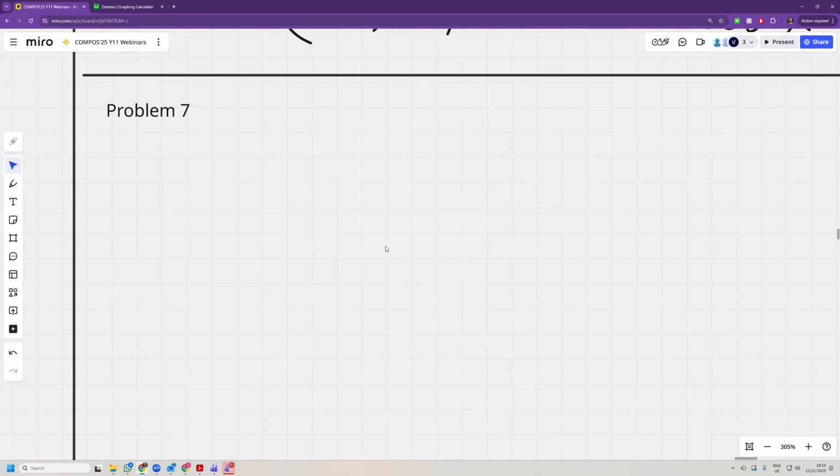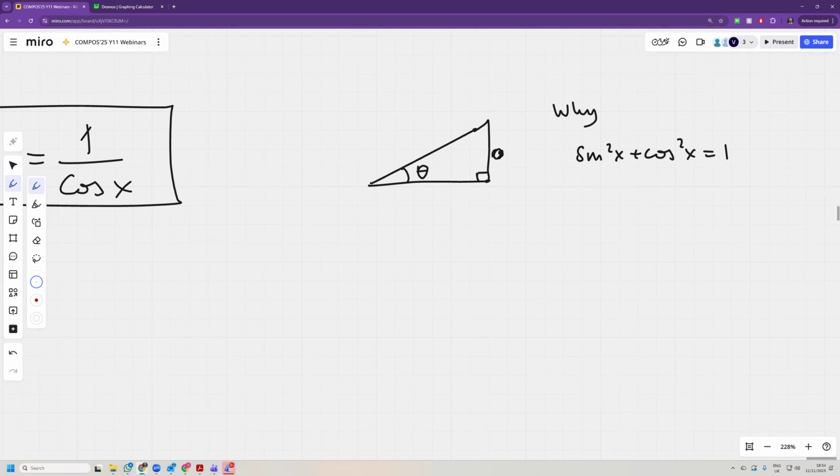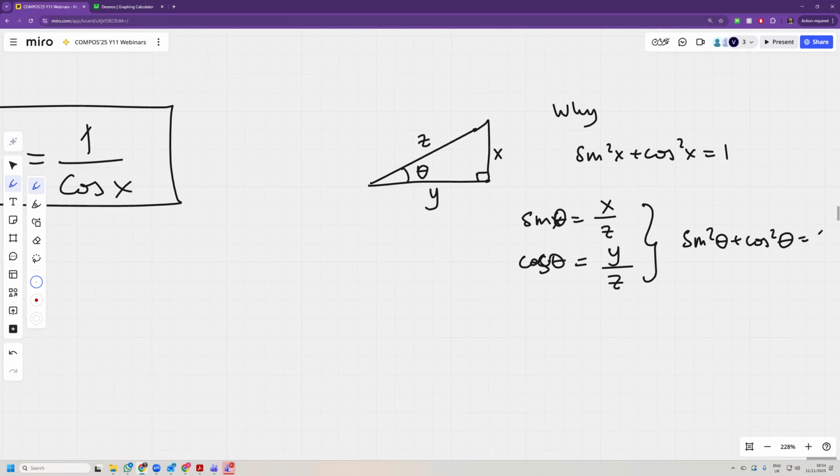If this angle is theta, this side is opposite, O. This is A, adjacent. Okay, let's call the sides x, y, and z. Sine theta is x divided by z. Cosine theta is adjacent divided by hypotenuse z. And if you do sine squared theta plus cos squared theta equals